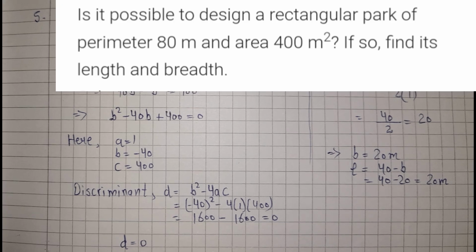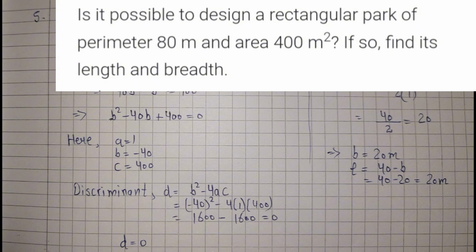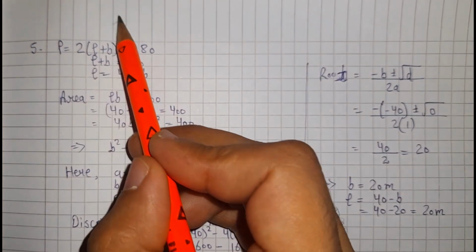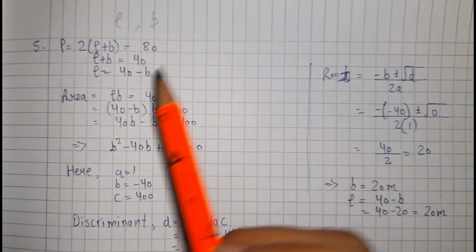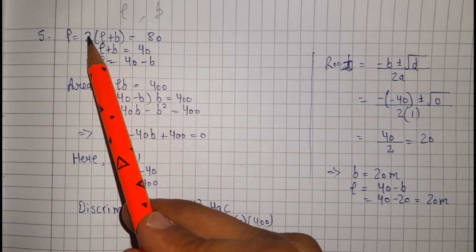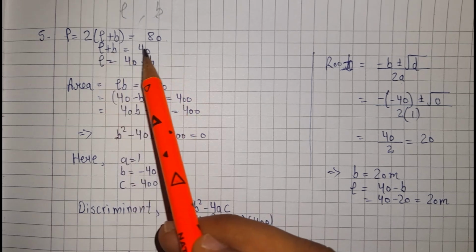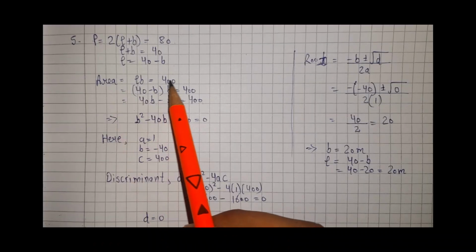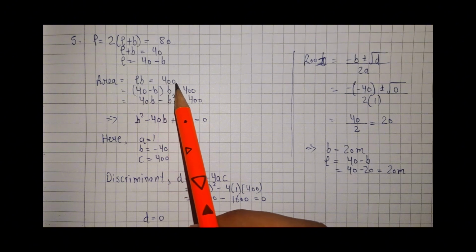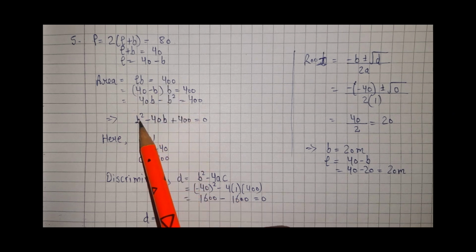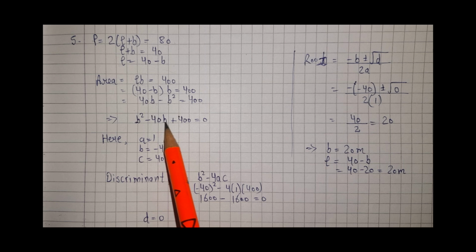Question, is it possible to design a rectangular park of perimeter 80 meter and area 400 meter square? If so, find its length and breadth. So let L be the length and B be the breadth of the rectangular park. So perimeter is 2 into L plus B equals 80. On dividing both sides by 2, we have L plus B equals 40. L equals 40 minus B. Area is given 400, that is LB equals 400. Now substituting this value of L in this equation, we will have, after solving, B square minus 40B plus 400